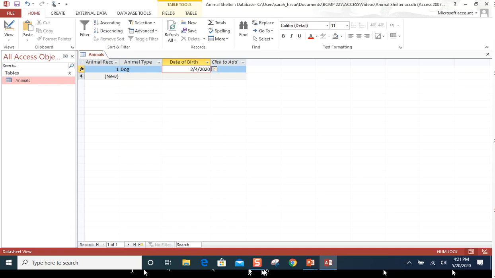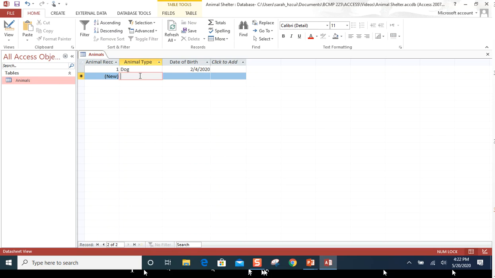That pencil tells you you are now editing this record. As long as you are within this row, adding data to this record, that pencil will show there. As soon as you move to a new record, that pencil disappears, meaning that Access has now saved that